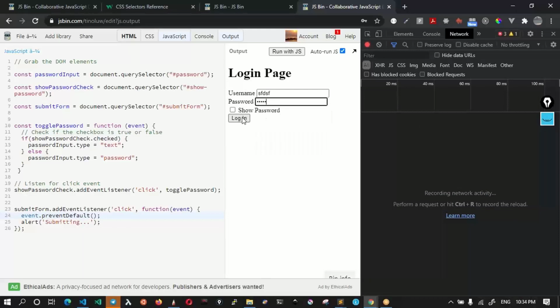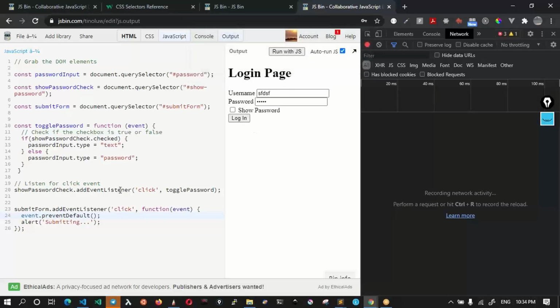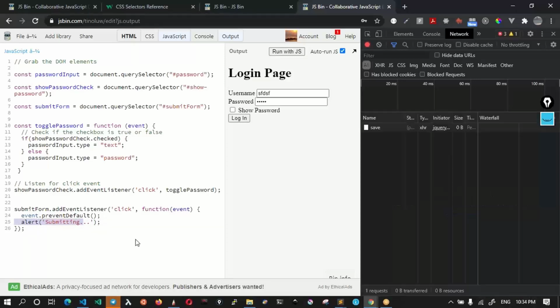So preventDefault means it will prevent the default behavior of the browser and let JavaScript take control of the code. Now see, you are getting this alert, right? So now what we are doing is, the moment the submit form is clicked, we are saying, please prevent the default behavior of the submit because we are going to handle the submit code. And then my alert is showing up correctly. Is this very, very clear to everyone? Why is this important to be aware of?